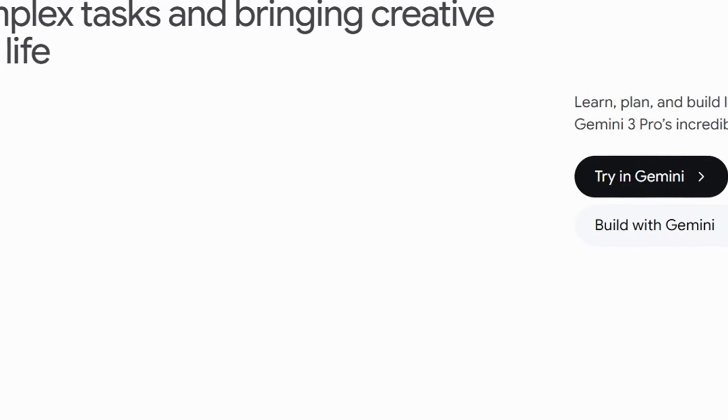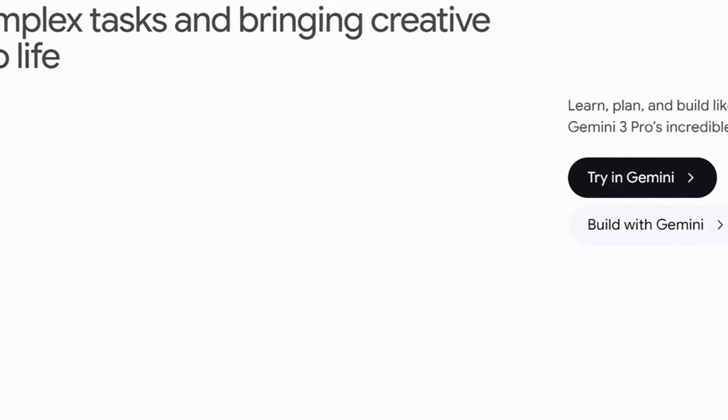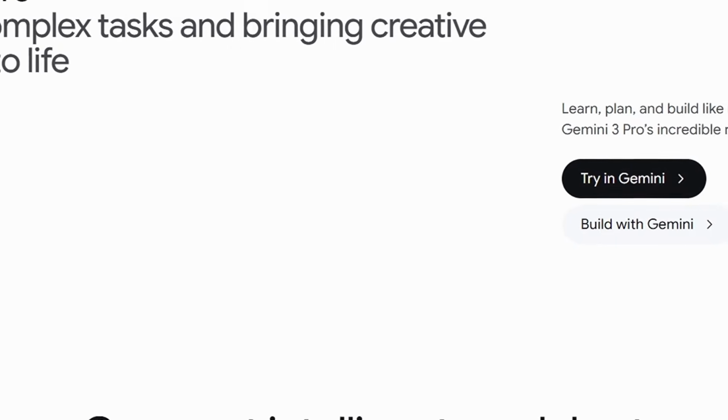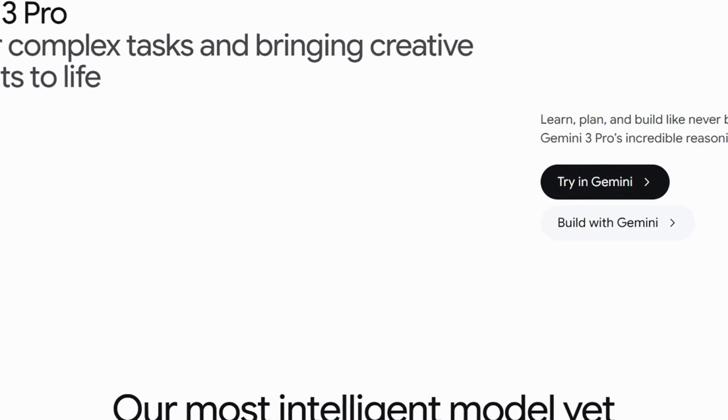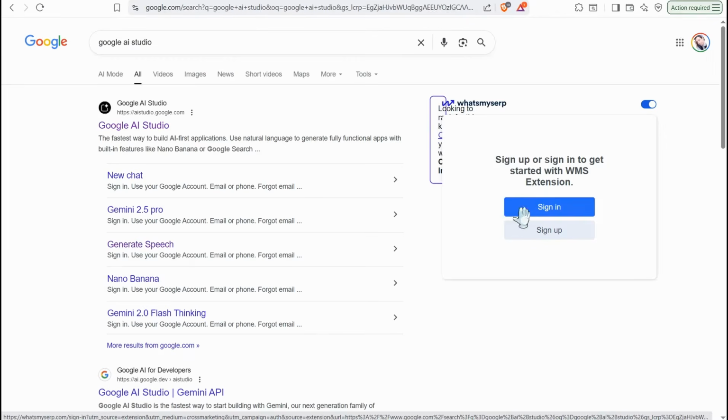2 days ago, Google released the most powerful AI model, Gemini 3 Pro, that has great and amazing outputs. So in this video, I'm gonna show you how we can use this amazing model to work and make money online professionally. Thus here, first of all, just head over to Google and look for Google AI Studio